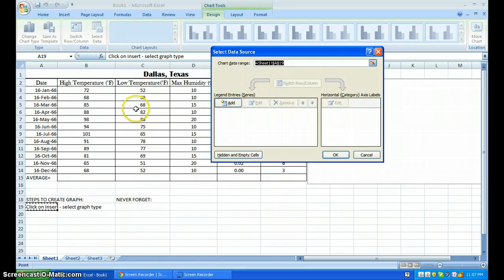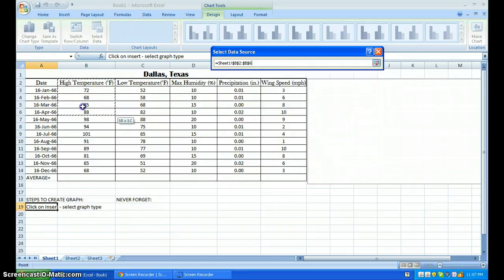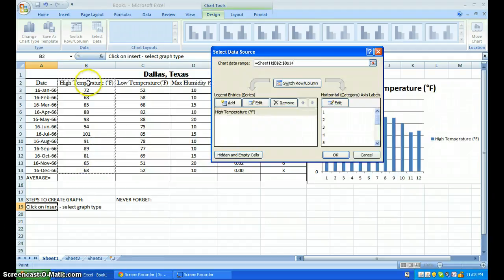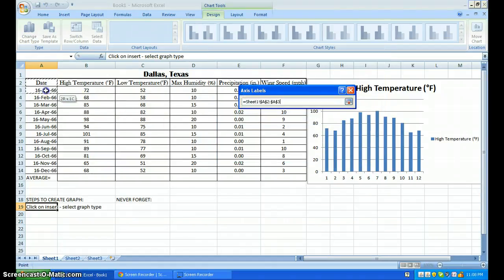In our vertical, we know that all of these will be our dependent. So if I want to do a graph for the high temperature, I will select my data starting from the title to the last data. Then for my horizontal, I don't want it to say 1, 2, 3, 4, and 5. I actually want it to be my independent variable, which is date. So I will edit, highlight my dates,